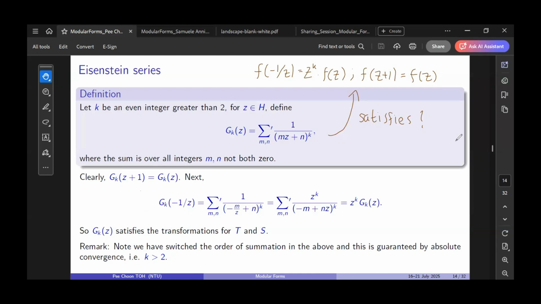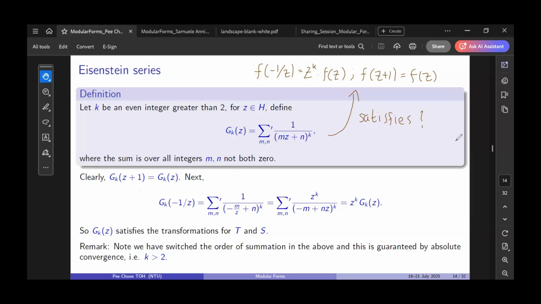When we use (m, n) in g_k, the denominator is this line. So on g_k(z+1),